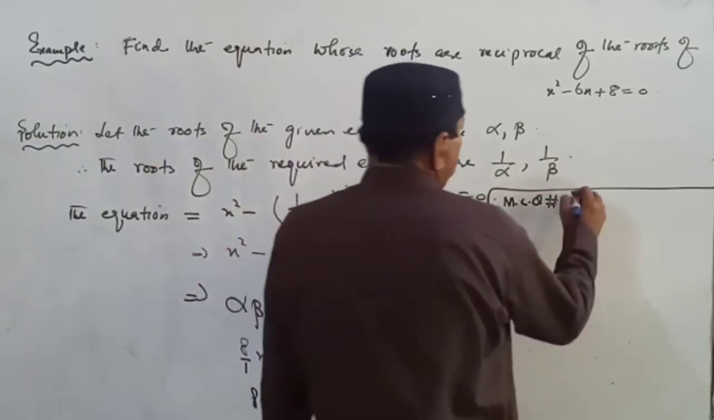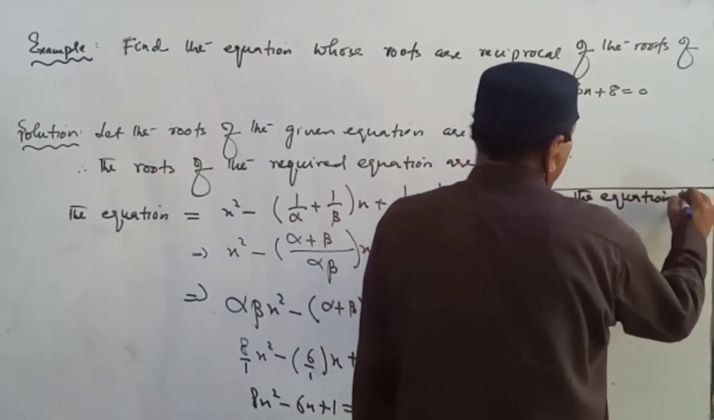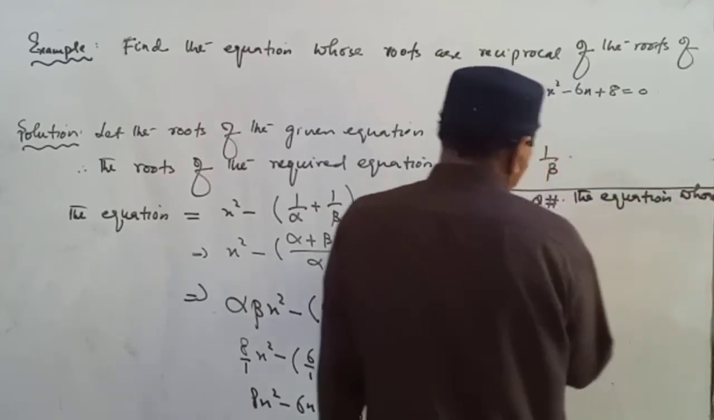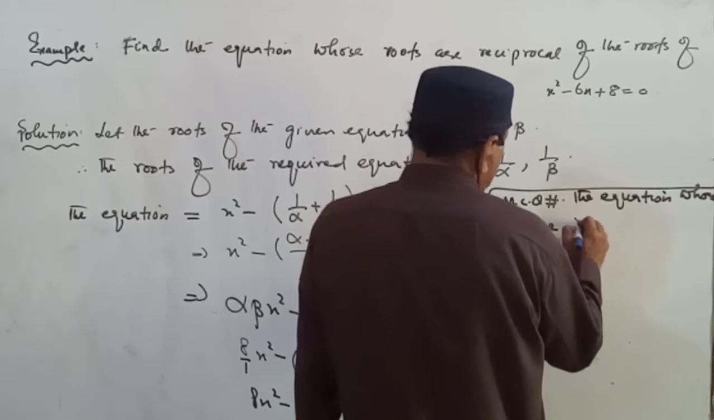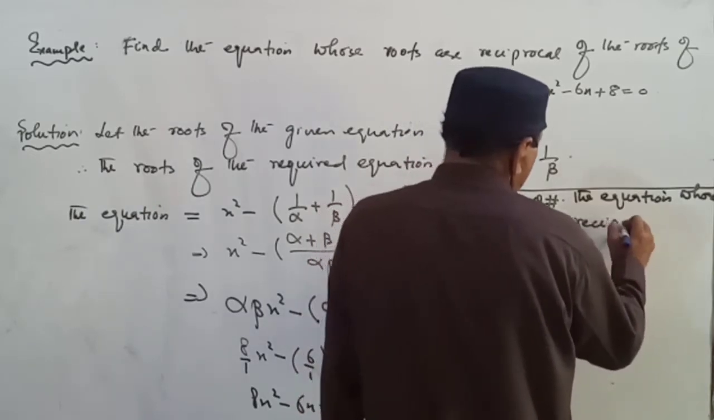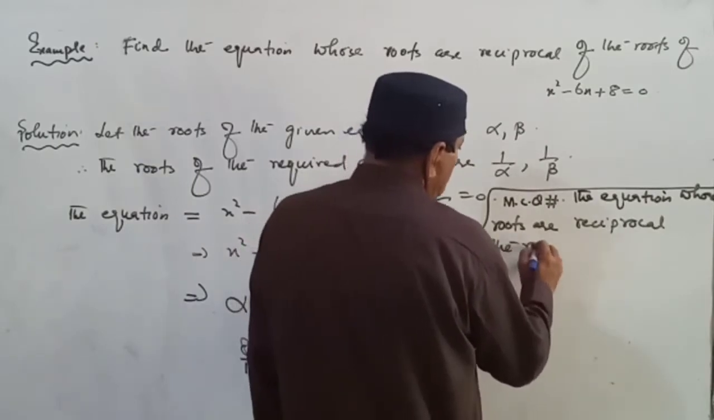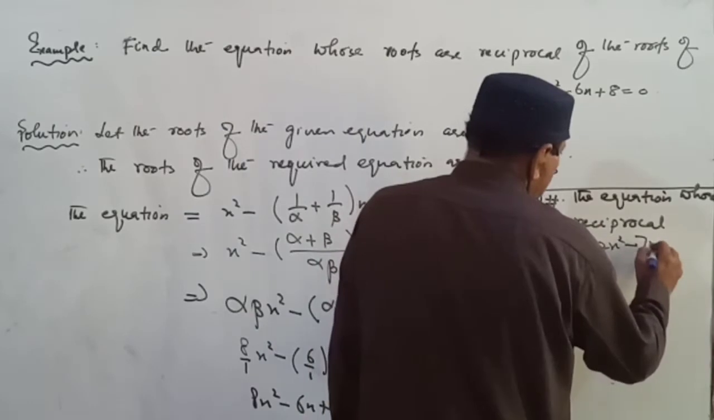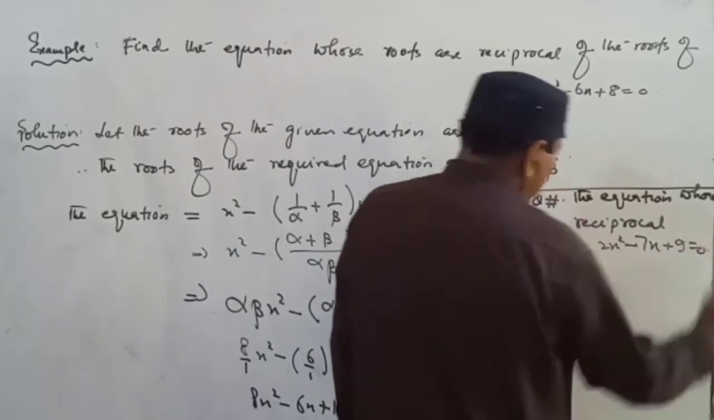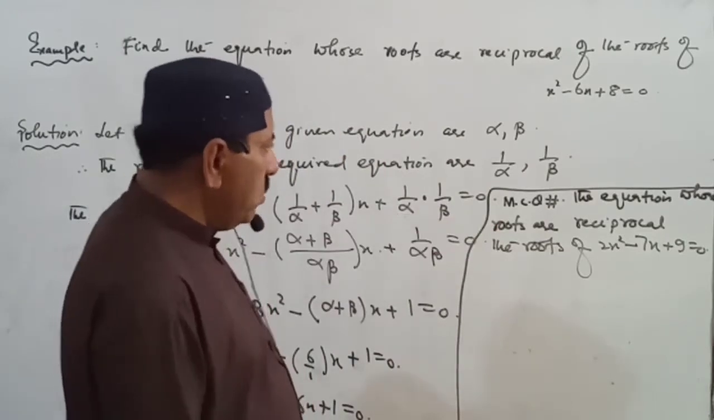The equation whose roots are reciprocal the roots of 2x square minus 7x plus 9 is equal to 0. The equation whose roots are reciprocal the roots of is